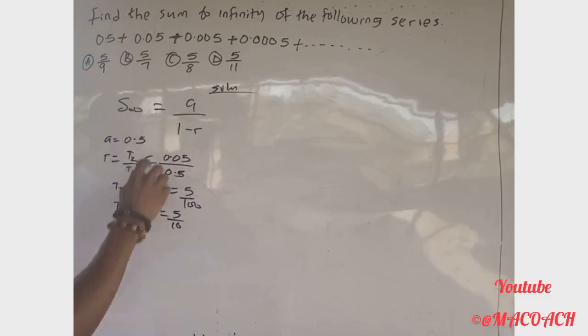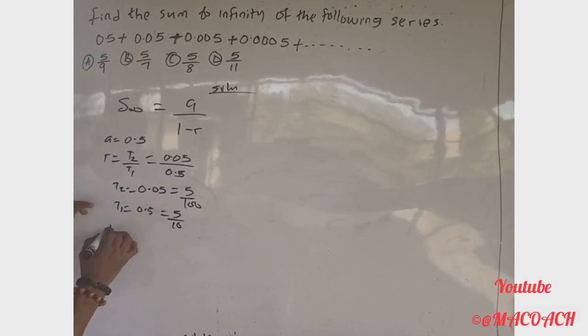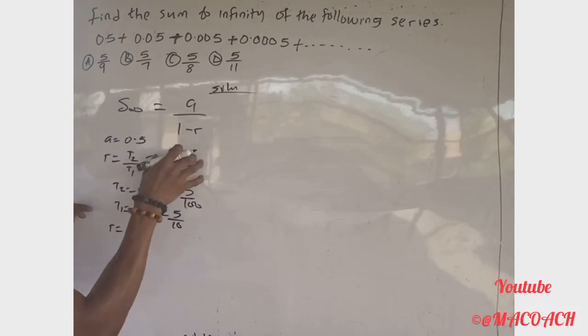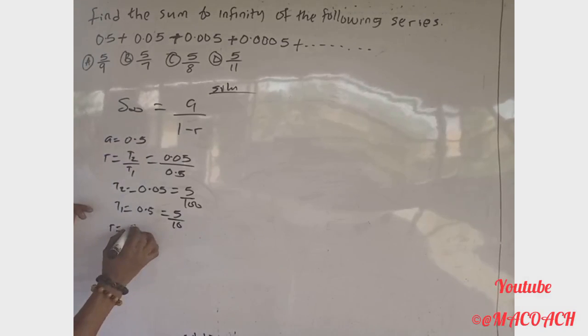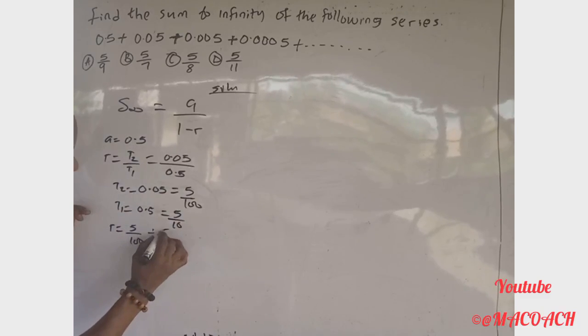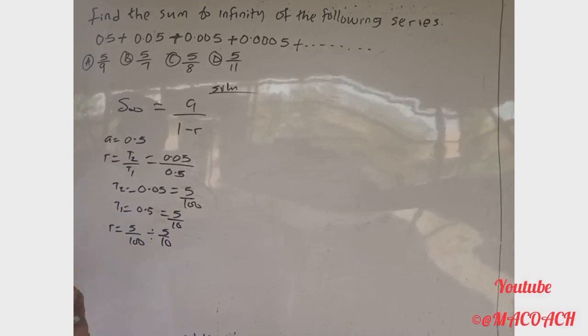So let's bring it back to what we have here. Let me say our ratio now is equal to, writing this one, we have 5 over 100 divided by this, I put it like this, we have 5 over 10. So the next thing to do now, since we have both fractions and they're separated by division,